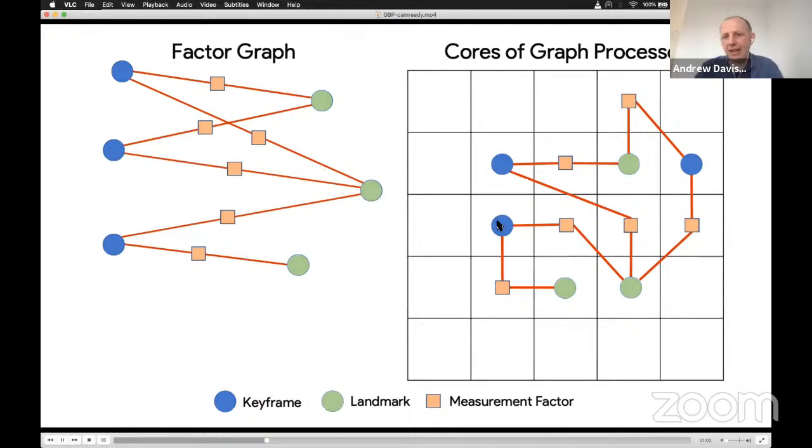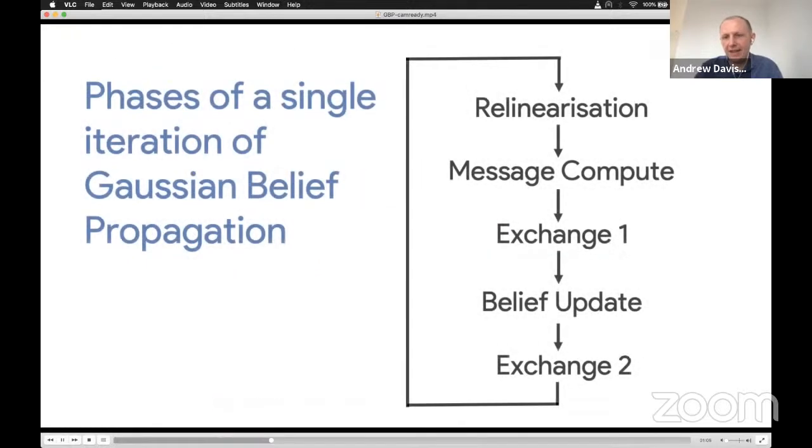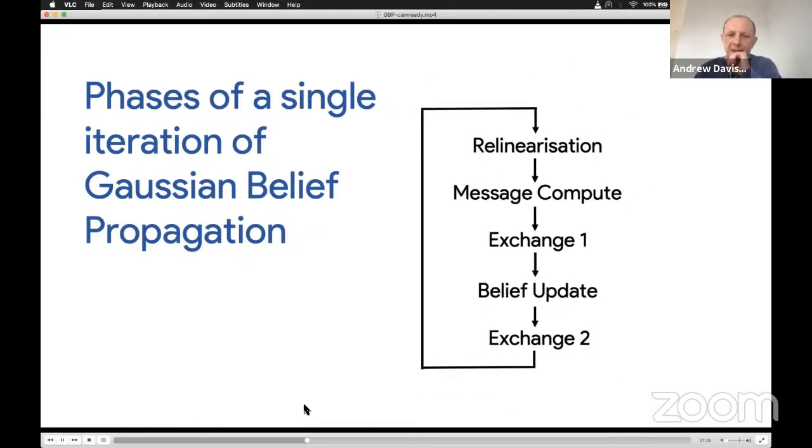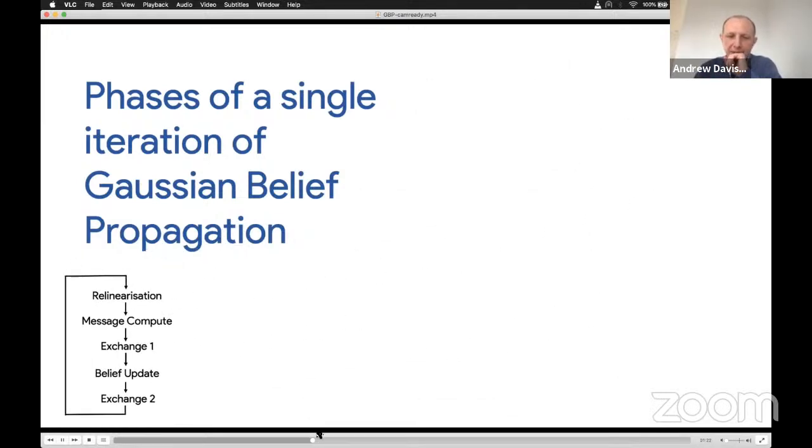So those nodes are laid out in parallel on the graph processor, and then there are these connections between them. And then we can solve bundle adjustment by belief propagation, where we basically have to do computation in parallel at all of the nodes, and then we pass messages between them.